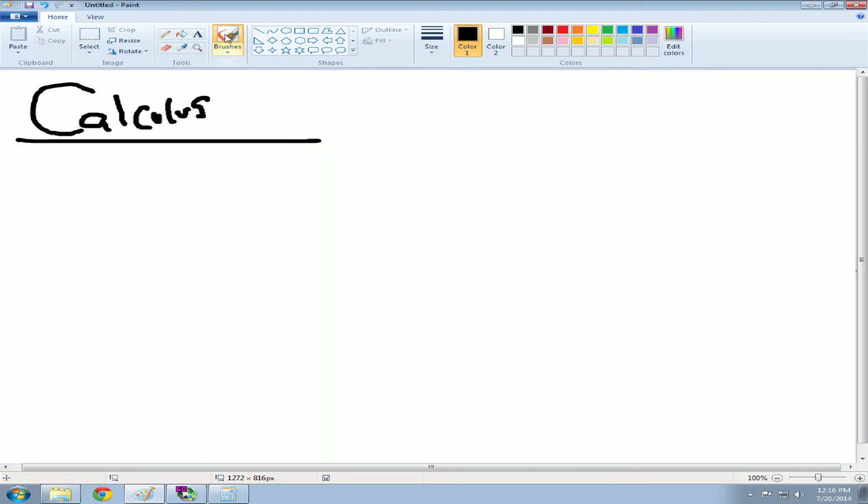But the question is, how would you create a tangent line? Before you really get into creating tangent lines in calculus, you have to understand exactly what a limit is. And the limit is approaching a number. So let's say that I have this graph,